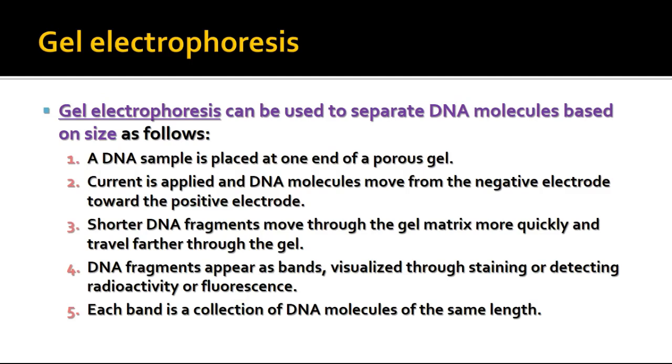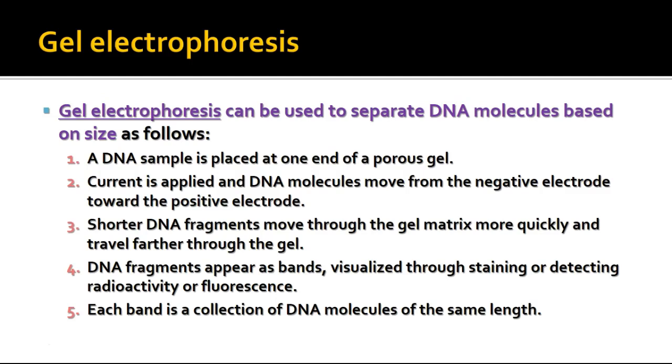Now we use gel electrophoresis to separate those DNA molecules based on size. So here's how it works. We have a porous gel that allows molecules to pass through. And of course, remember, anytime you have any kind of a porous substance, smaller molecules, smaller parts are going to go through faster and more easily than larger ones, okay? So basically, you put your DNA specimens, the DNA pieces that have been chopped into fragments of different sizes. And so when you apply the electric current, remember that